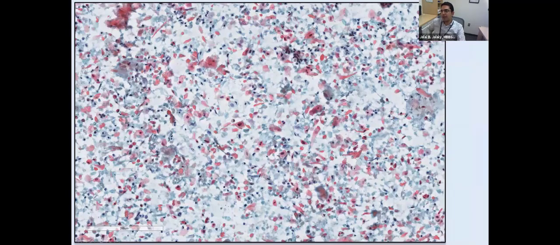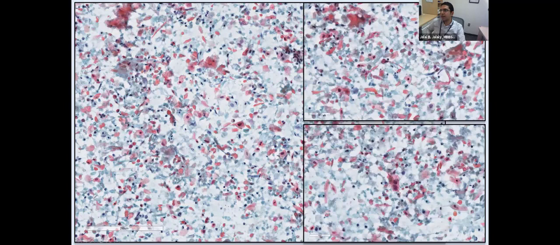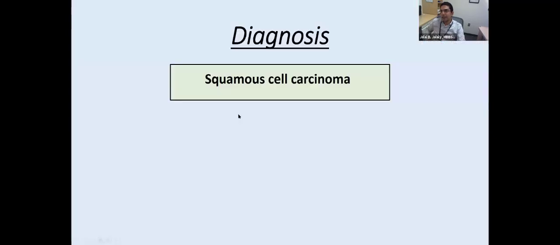The Pap stain also confirms those findings, highlighting the necrosis, but it's also nicely highlighting the squamous nature of this lesion with this orangeophilia in the squamous cells. Definitely hyperchromasia in a lot of these cells, indicating that they're abnormal, and you can see here a nice fiber cell that is diagnostic of squamous cell carcinoma.